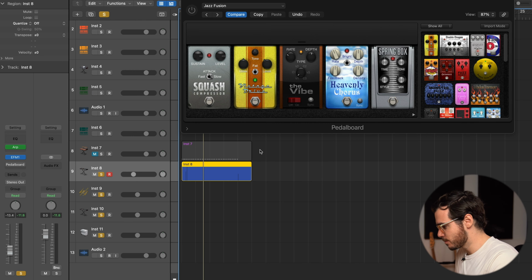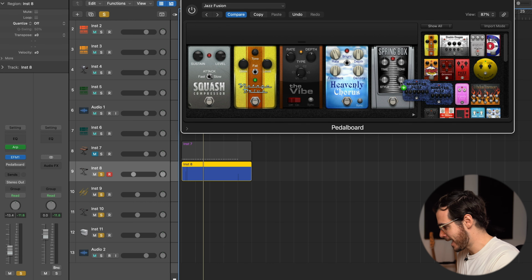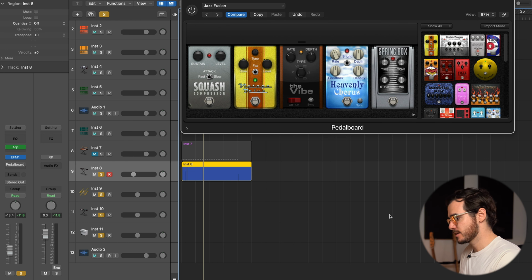Okay, last but not least, effects. But rather than compare, what I want to show you are the effects that I really like in both Ableton and Logic. Logic has this awesome pedal board where you can really quickly add and take away effects to create your own unique chains.